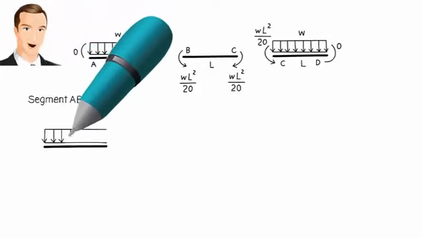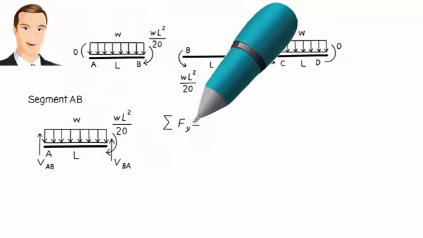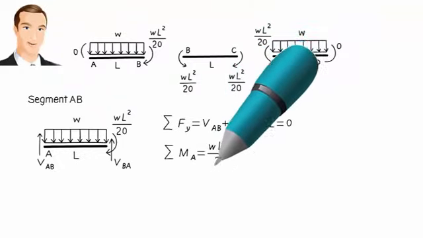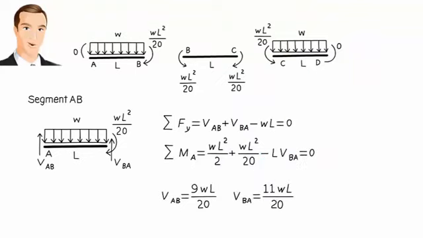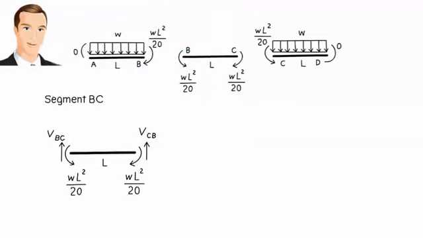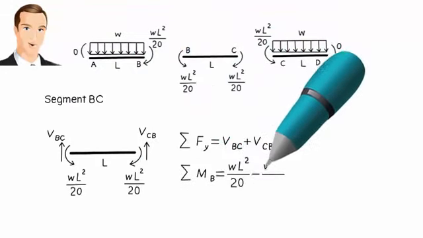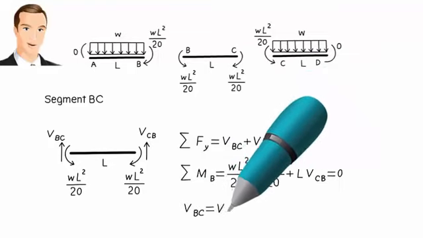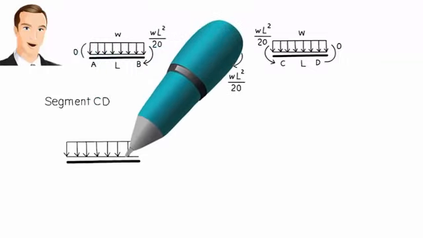Here is the complete free body diagram for segment AB. Using these equilibrium equations, we can calculate the left end and right end shear forces. We repeat this for segment BC. Here is the segment's free body diagram. Here are the equilibrium equations, and here are the member end shear forces. Both are 0. And for segment CD, we have